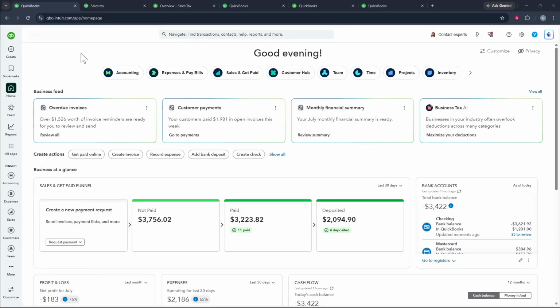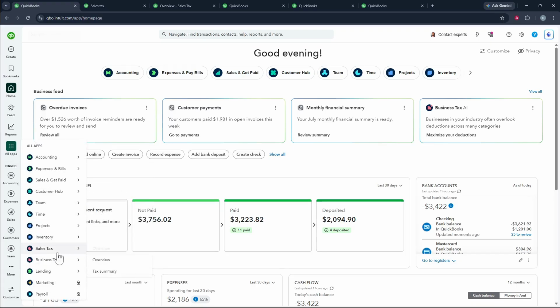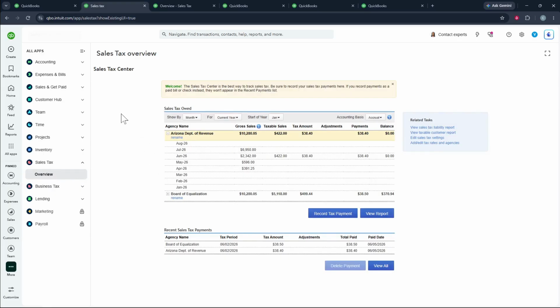Here's how to record sales tax payment in QuickBooks. From your QuickBooks Online dashboard, go to the left-hand navigation menu and select Taxes. This opens the area where QuickBooks tracks tax activity for your business, including what is due and what has already been paid. Once you are there, open the Sales Tax section so you are looking at your sales tax agencies